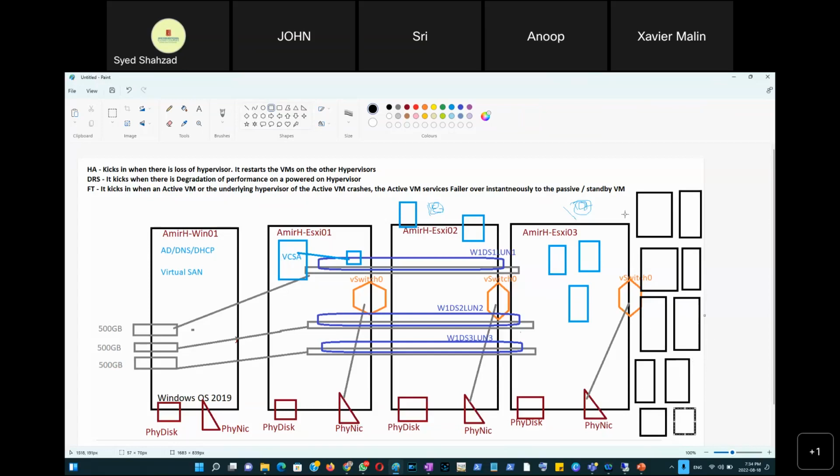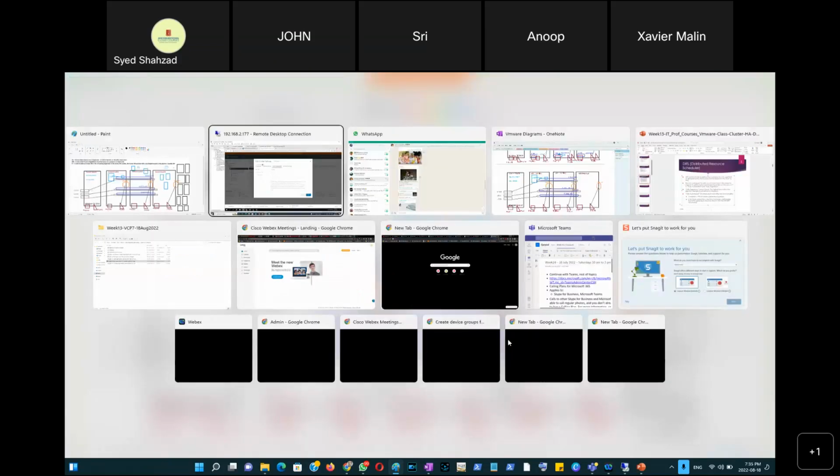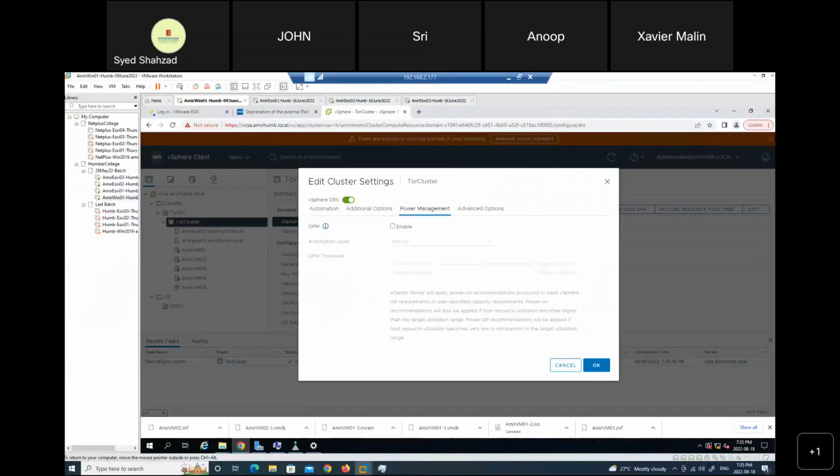So suppose you have 200 hypervisors, and they are all eating up a lot of electricity, and the per month electricity bill coming to the company is a lot. The company tells you, hey, VMware administrator, can you reduce the electricity bill coming from the data center where we have 200 hypervisors? And then you say, okay, I have a feature in DRS that is called power management. And in that feature,